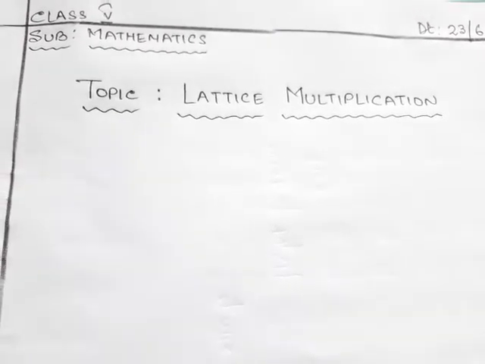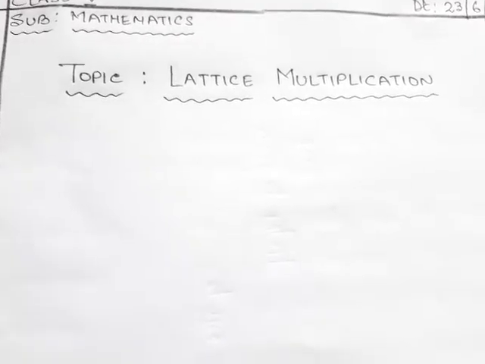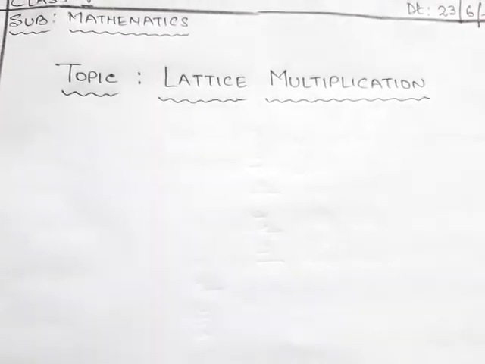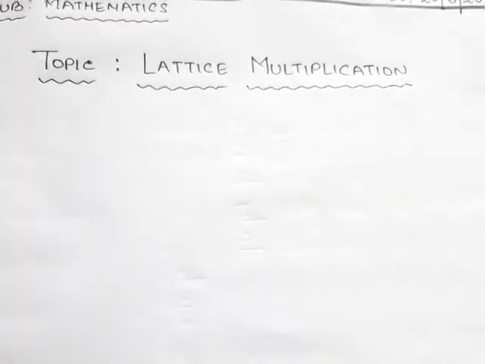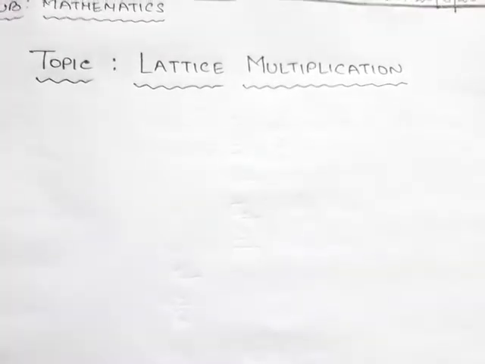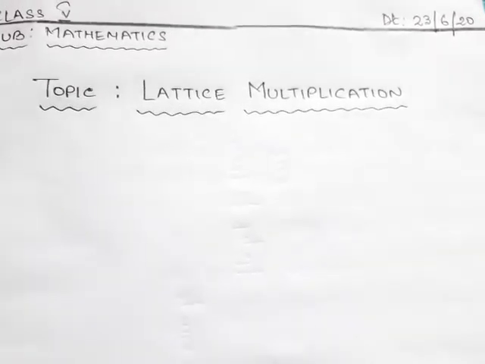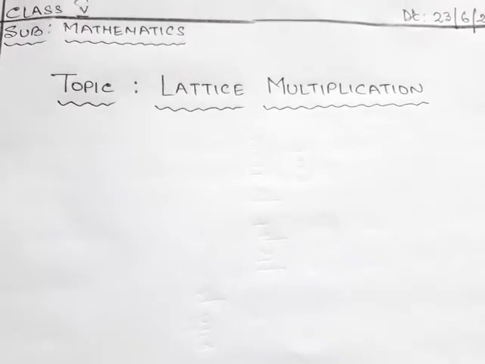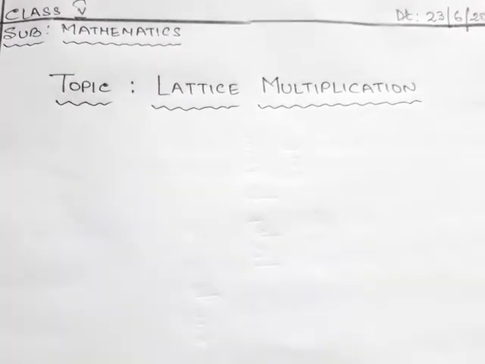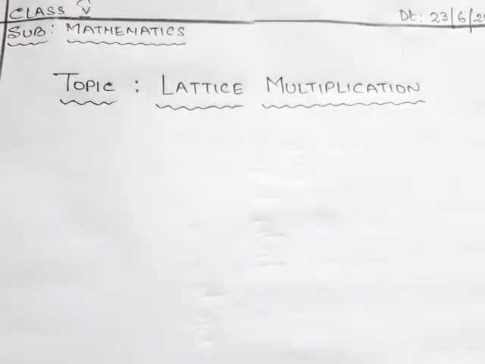Now lattice multiplication is a method of multiplying two large numbers using a grid. Okay, so here we have to use a grid. This method breaks the multiplication process into smaller steps which makes multiplication easier. Okay, so we'll have a very interesting class now where we will do the lattice method, which is very new for you people. Okay, and you'll really laugh while solving this question.